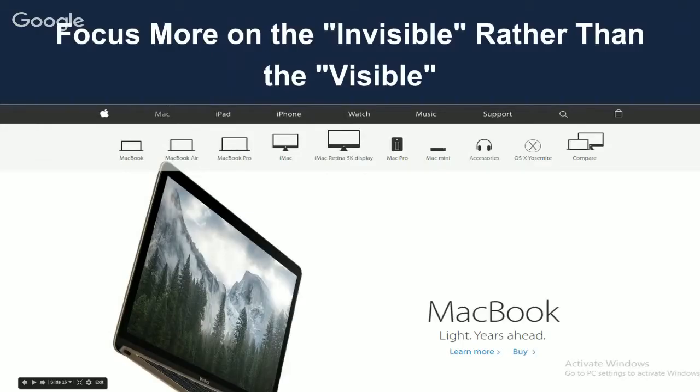The things that really matter in making a design look clean and cohesive are the sizing of elements, the way they align and relate to each other, and the amount of white space between them. These are usually invisible to us, but you really need to focus on them because these invisible things bring out the shine in the visible things. That's why I am saying that focus more on the invisible rather than the visible.